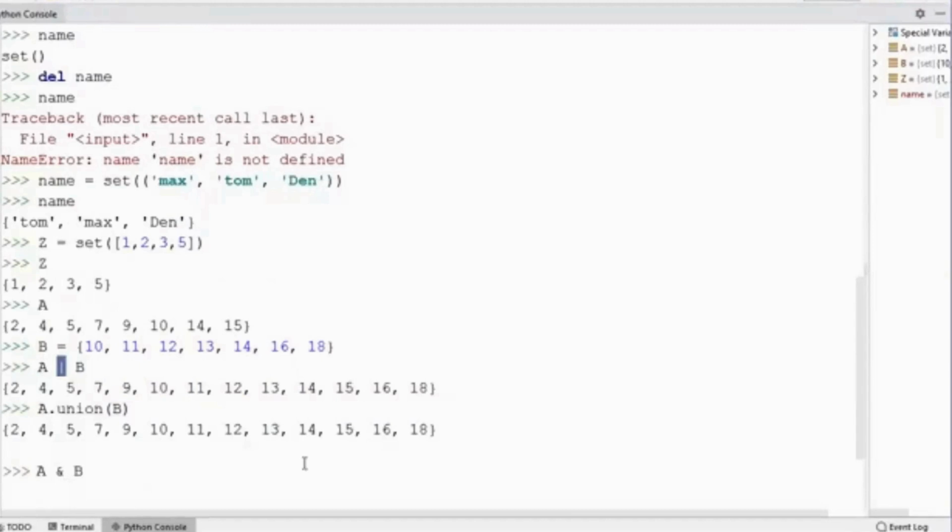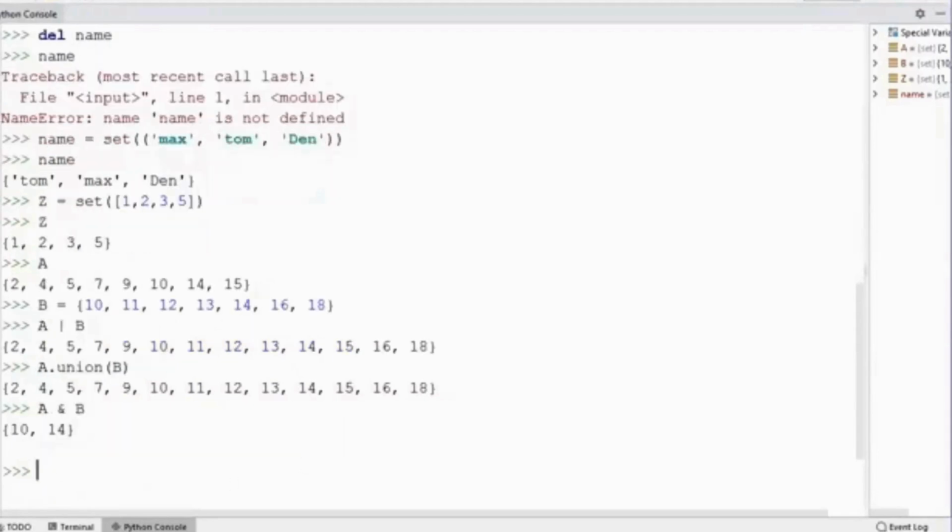So what is an intersection of two sets? The intersection of two sets contains all the elements that are there in both sets, that means set A and set B. So there will be the common elements. You can see we have only two common elements